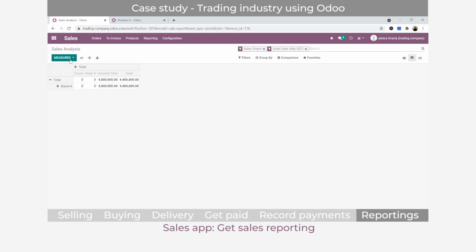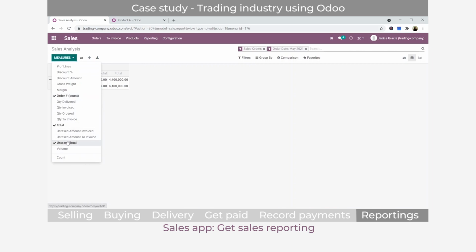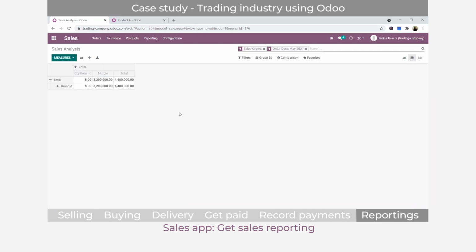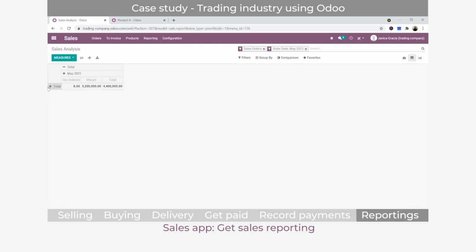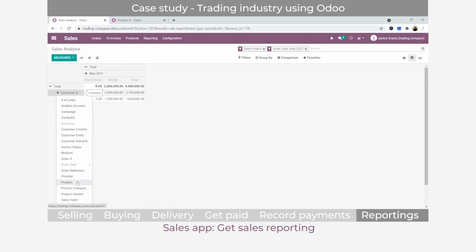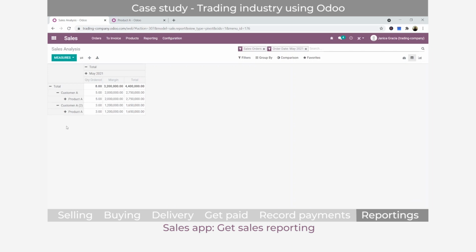So in here, you can see the measures. You can group it per order, quantity order, the margin as well, and then the total, let's say. So in the X and Y axis, you can also control what you want to see. So let's say we want to see the order reporting per month, and then per customer, and then let's say one per product as well. So you can see how many orders and how many products have been ordered from the customer, the margin,